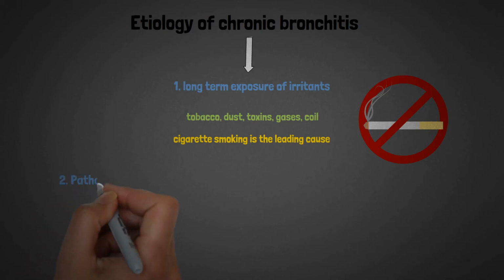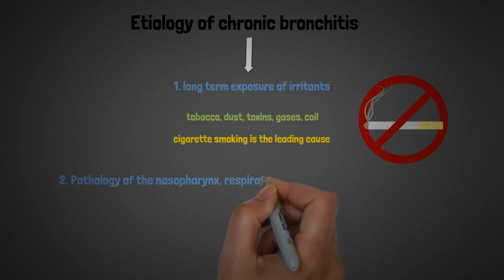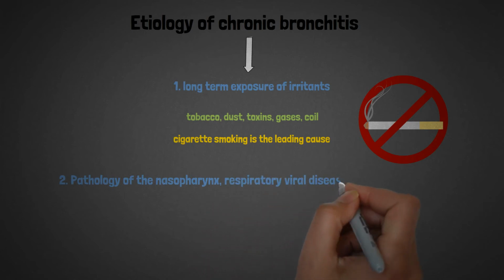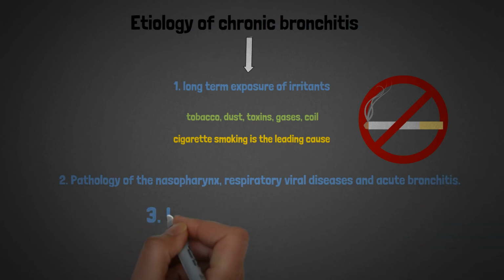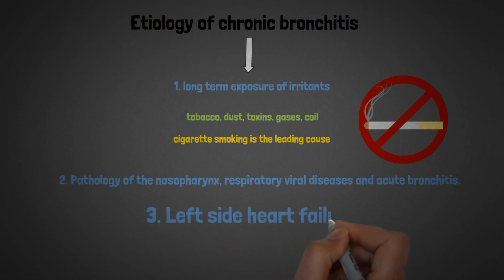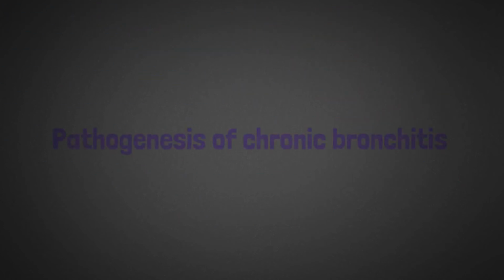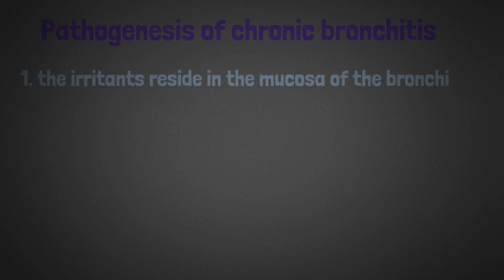Pathology of the nasopharynx, respiratory viral diseases, and acute bronchitis can be etiological factors for the development of chronic bronchitis. Also, left side heart failure can be a cause for the development of chronic bronchitis due to stagnation of blood in the lungs. The long-term exposure to irritants makes the irritants reside in the mucosa of the bronchi, with the